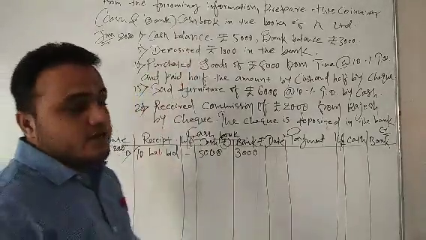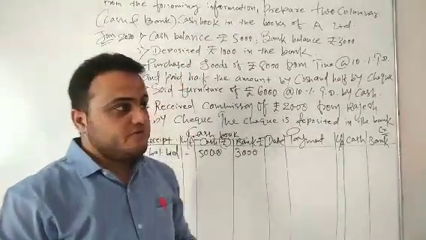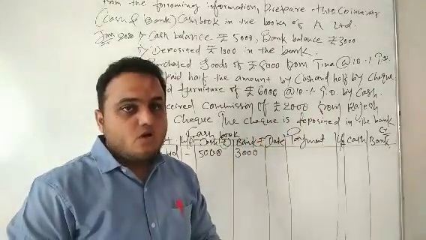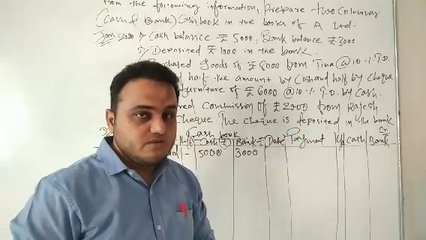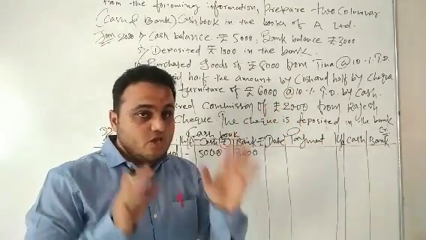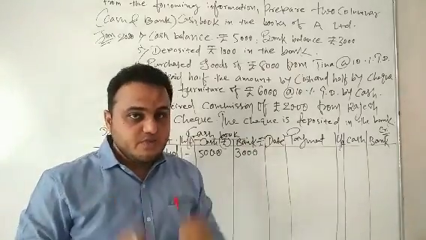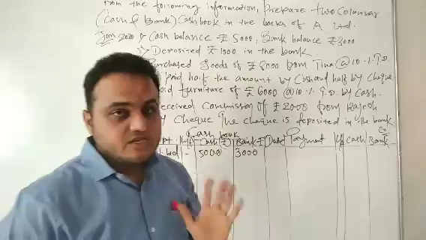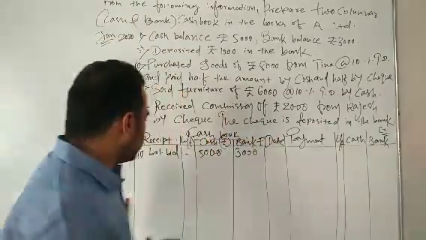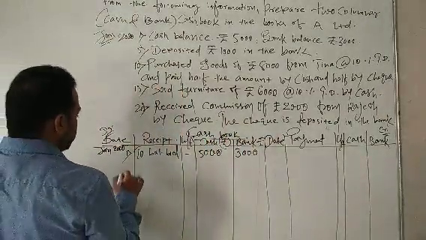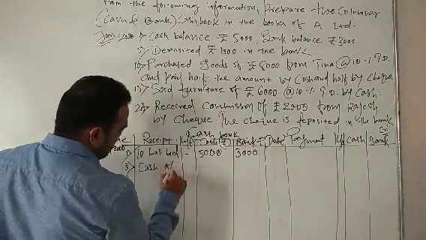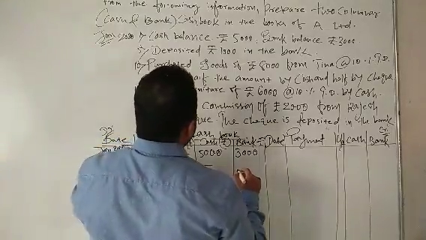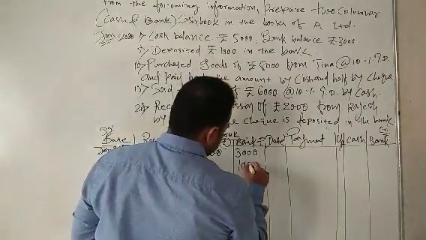Second transaction. Now, as I discussed a few minutes before, when you deposit the money in the bank, obviously cash will go from the business, but it will be deposited in the bank, so your bank balance will increase. So it's a contra entry, and remember students, when you deposit the money in the bank, the contra entry will be like this. On the debit side I will write down here cash account, and in the column of bank I will write down how much you have deposited, 1,000.